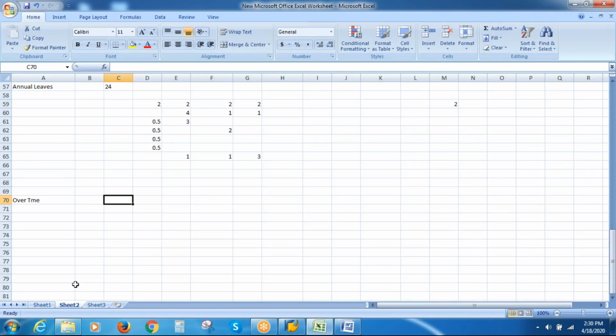Let's say, on a particular day, the planned working hours are 9 hours. But on that day, the employee has worked for 12 hours, because the person who was expected to relieve the employee from the shift did not come. So the employee had to work 3 more hours.